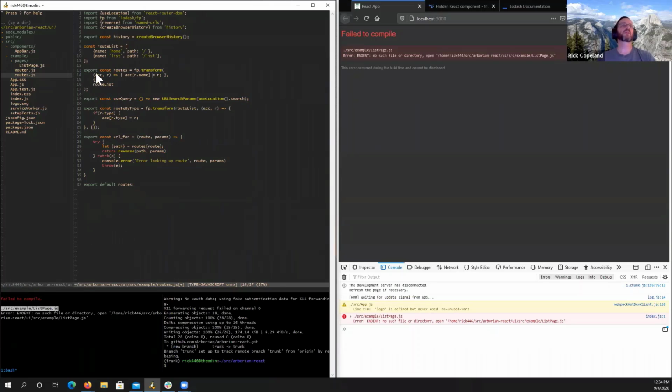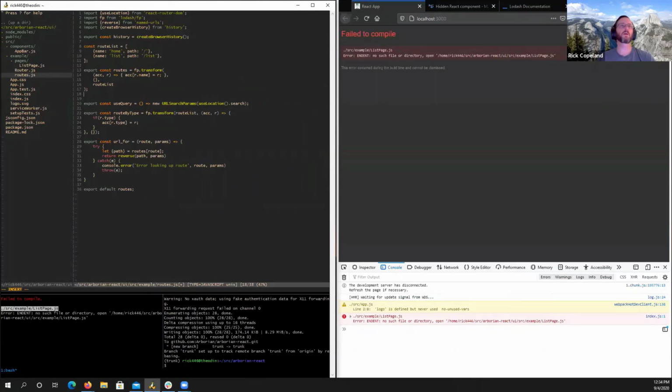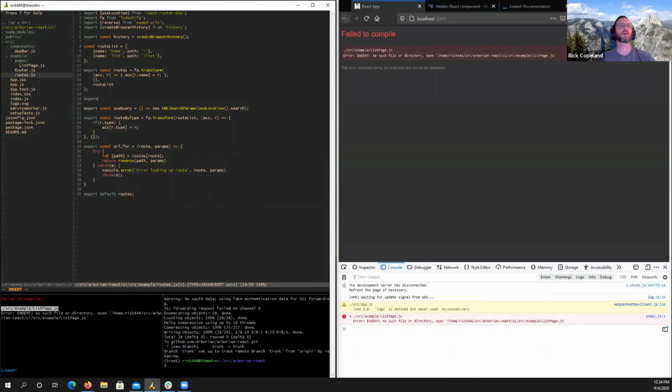One of the things that I want to do is turn this list of routes into a dictionary. And so this is using the fp.transform thing. So it takes some object that it's building up and a particular route, and I'm able to kind of build an object out of it. I don't know if I like that way of doing things. So let me change this a little bit. I think that transform is a little overkill for this. So let me show you a different